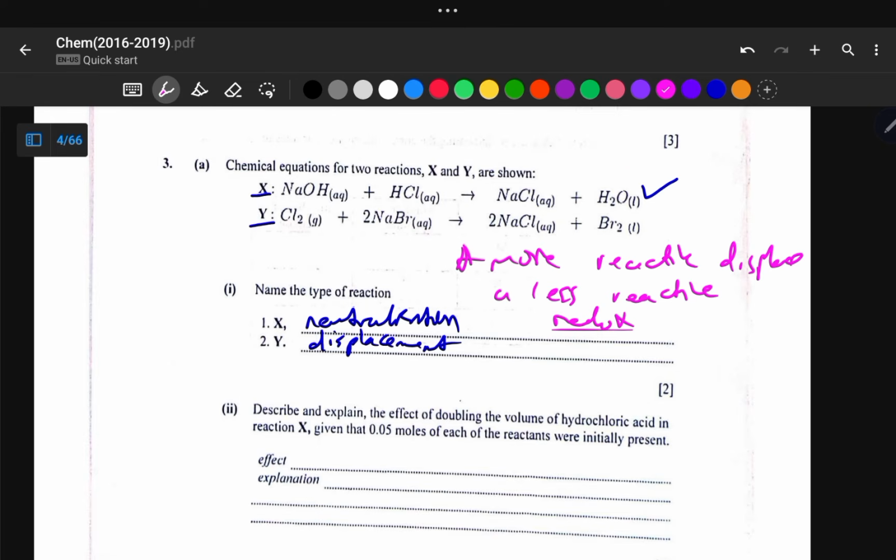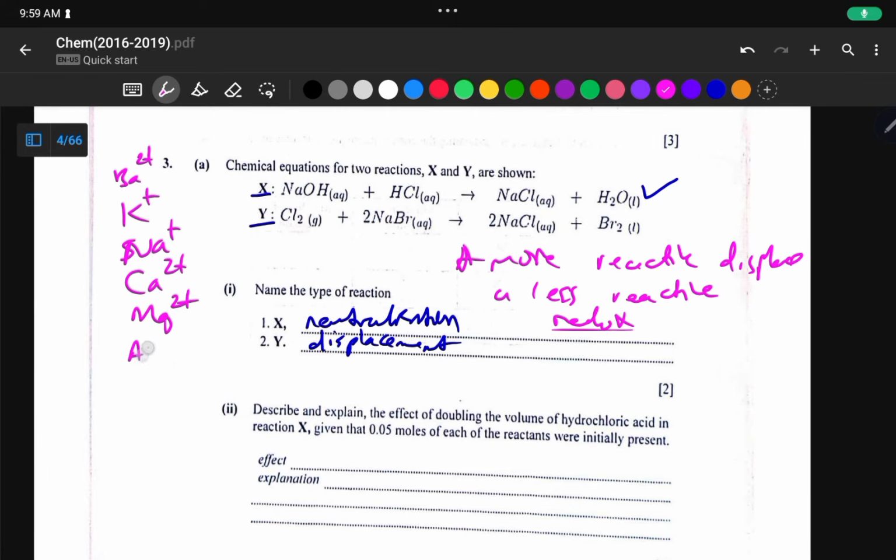So we have already covered the reactive series for both the metals and the non-metals, right? For the metals, the group 1 metals are more reactive, followed by group 2, and lastly group 3. That's the general trend you need to know. And also there's this reactive series where we have, first, barium 2+, then potassium, and then sodium, and then calcium, and then magnesium,